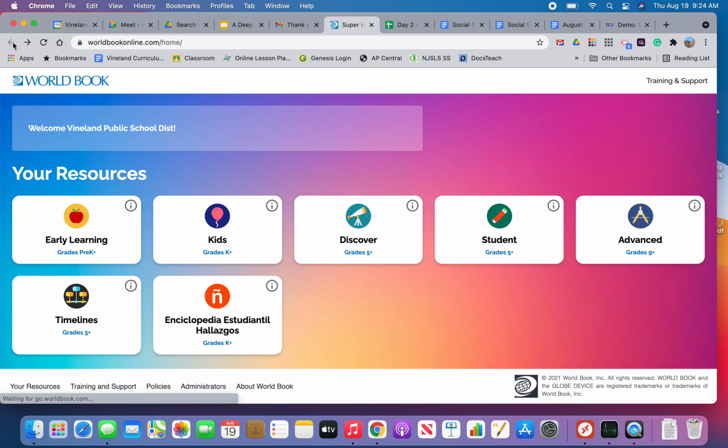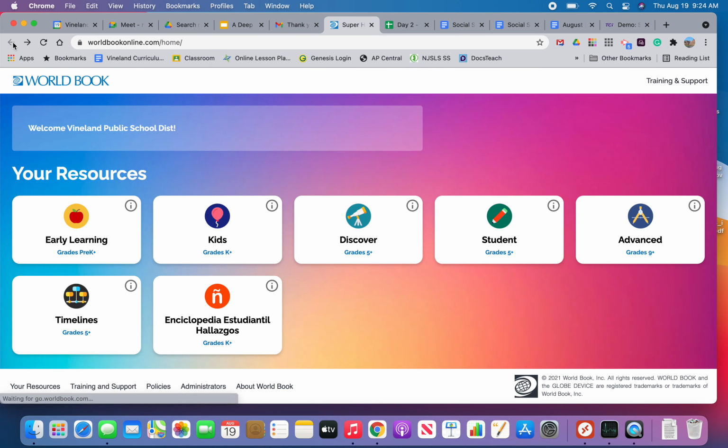For our high school students, again, it looks almost like what you would find for an adult database. It's got news headlines that are given to us from the Washington Post. So if you want to see what's going on today, it shows you exactly what's here. But if you want to do research or look for the other resources, there's a lot of the same things that are available in the younger versions of the program, but it's in, again, a much more older student or adult version. And it's got timelines, today in history, newspapers around the world, history resources,